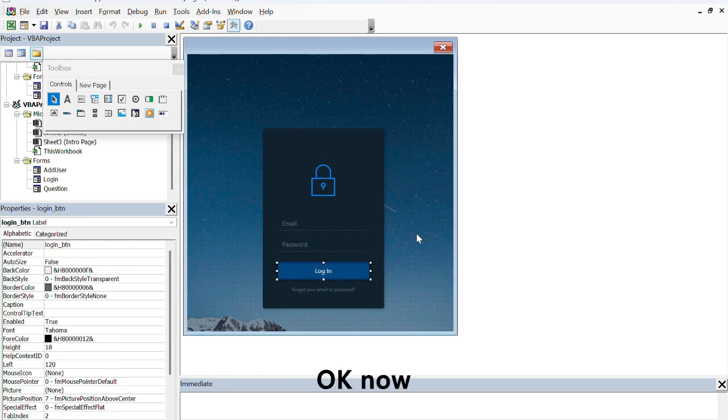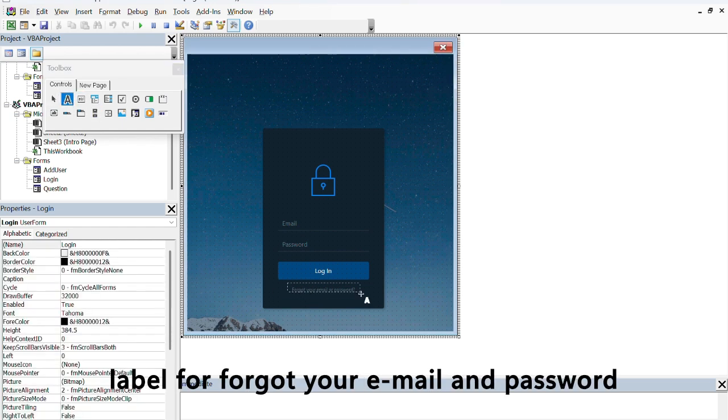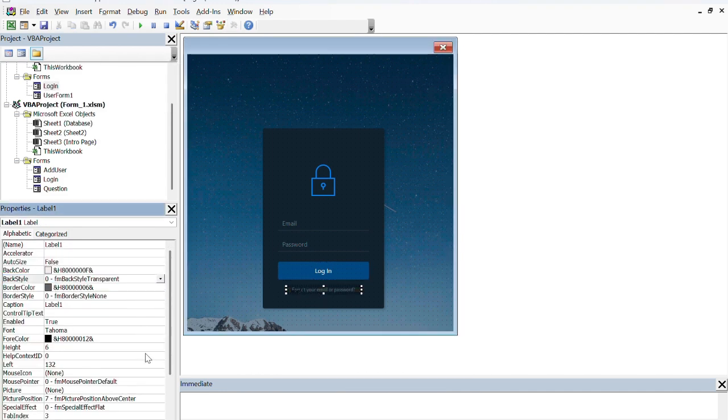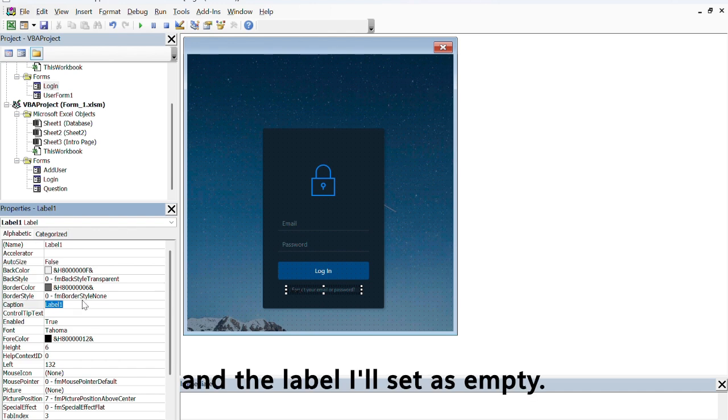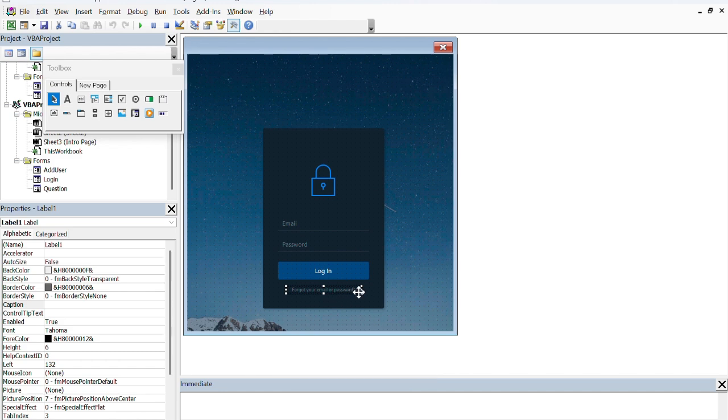Now I'll add one more text label for forgot your email and password, and the transparent, and the caption I'll set as empty. I'll increase